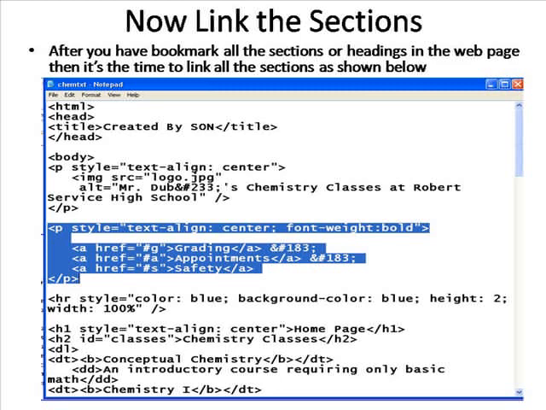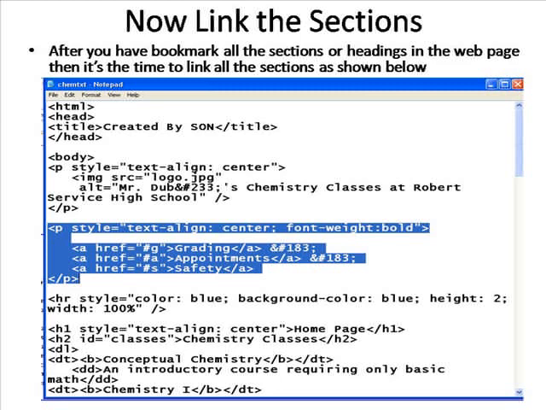So if you specify your heading with a small g or capital G, you have to specify the same way. And then I said Grading, then I close the a href. Now if you look at the special character that I have here, like the and sign, the number sign, and 183, it is to give a dot between each link. Now the next link